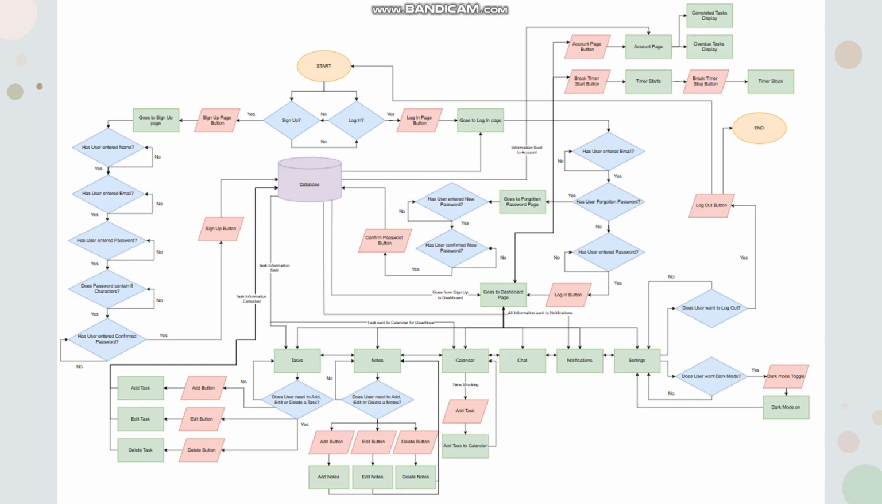In the calendar, they can add a task, and if they add for time blocking, they can select the time or day and add a task, and when they add a task, it goes straight to the calendar. They can access chat, but I wasn't sure where to put the chat, so I'm gonna figure that out later. Then with notifications, all information will be sent to the notifications. Moving on,